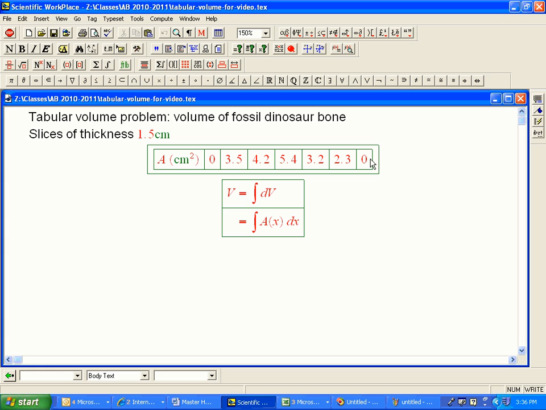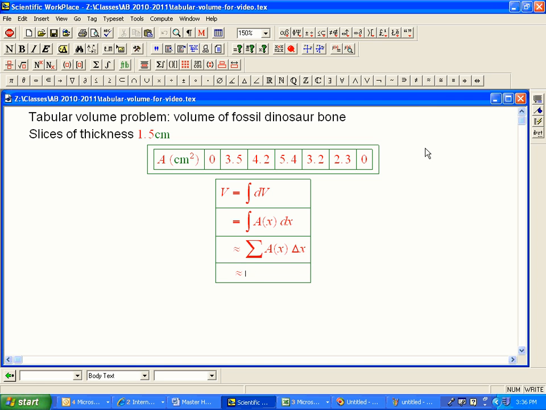We're not going to put any pi's in here, because these aren't necessarily circular cross sections. We're not talking about r's. This is not giving the radius, this is actually giving the area. They've done most of the work for us by calculating these cross-sectional areas. We just have to add them up. And of course, that's approximately equal to the sum of A(x) delta x, which is approximately a trapezoid approximation or a midpoint approximation. I'm going to show both of those, because I like having people do both each time we do this. Okay, so the trapezoid